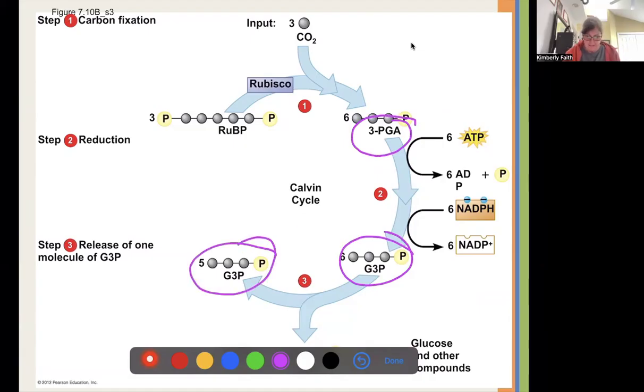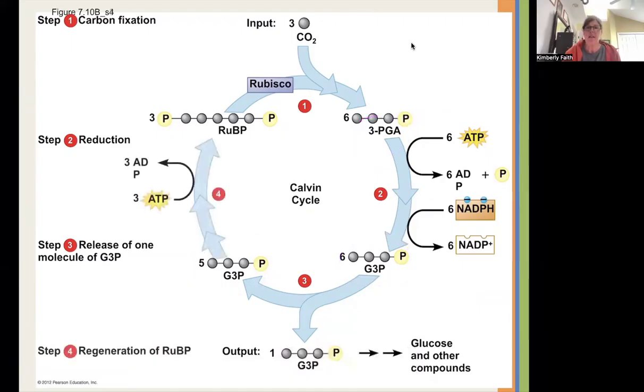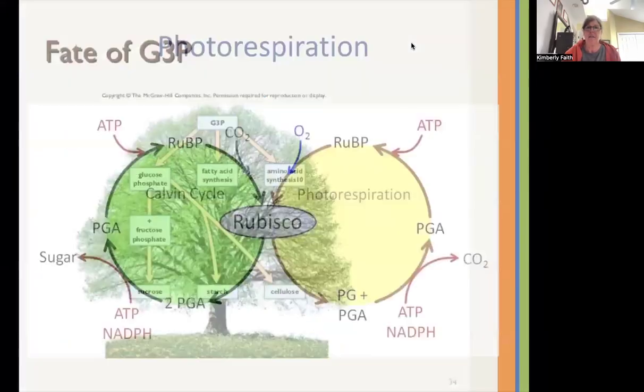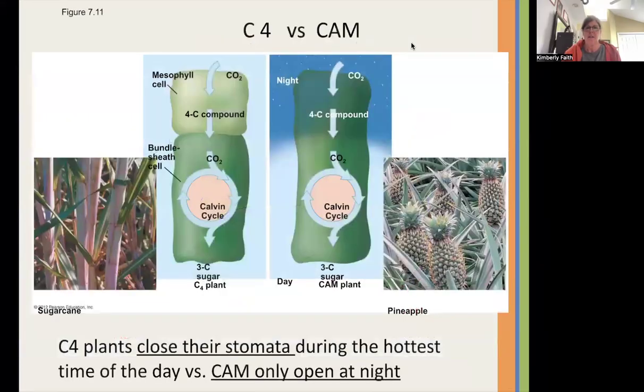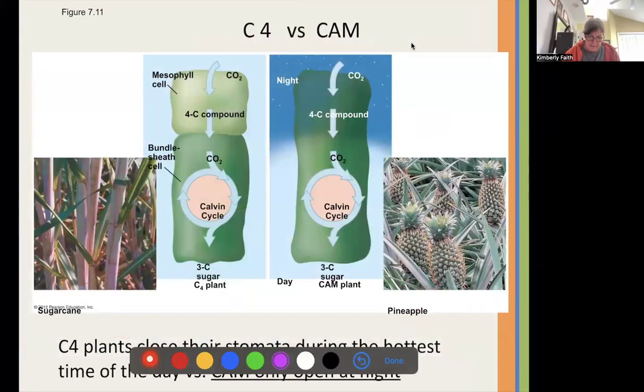So besides the Calvin cycle, this is also called the C3 cycle because everything is three carbons. So this one is considered C4 because it's going to use a four carbon compound to store CO2. So in these really hot places where we're going to lose a lot of water, remember you have,